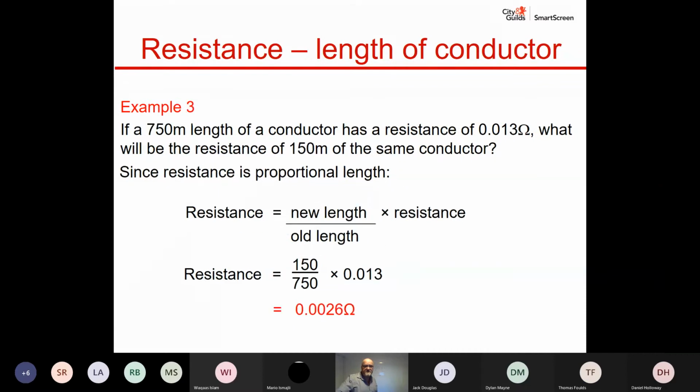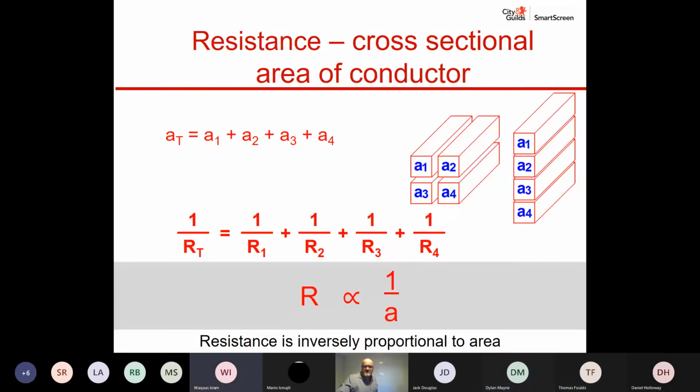Now if you look at this one, a conductor has 750 meters, a resistance of 0.013. What are the resistance? Are these questions in your book blanked? Nah, they're all filled out. They're all filled out. That's why I'm not going to bother with this. So for those who have filled out your book, what I will be doing later, guys, is sending you a question sheet that's not in your book, and you can have a go at working it out. Is that okay? And then you're going to send that back to me by next Monday, and I'll be putting that in a digital folder. So when I do get back into class, I'll be able to print them off at college and put them in your real folder. And then there's the evidence.